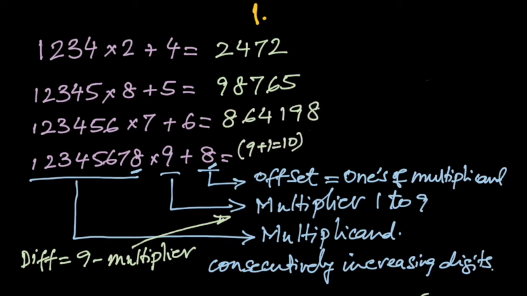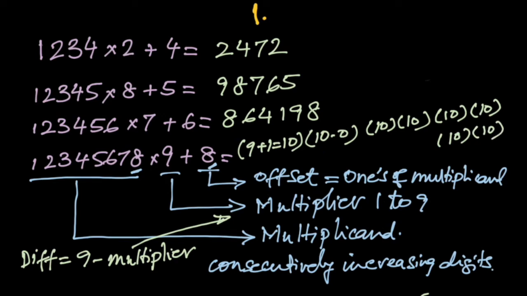Now we do 1, 2, 3, 4, 5, 6, 7, 8 times 9 plus 8. Here multiplier digit is 9. So diff is 9 minus 9, 0. So we are not going to subtract anything. And then we are going to start with 9 plus 1, 10. So 10, 10, 10, we put it 7 times because offset is 8. So 10 and then 7 more 10. So it will have 8 ones and 1 0. If you remember the train technique I talked about in part 4, link to part 4 is in the top right corner.